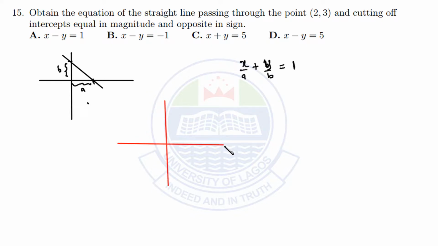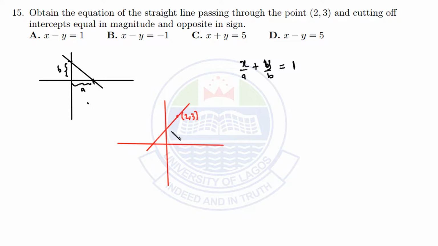Cartesian plane, and we have 2, 3. So 2, 3 should be somewhere here. We have this to be 2, 3. And since they said it's cutting off intercepts equal in magnitude and opposite in sign, that means it's possible it cuts the